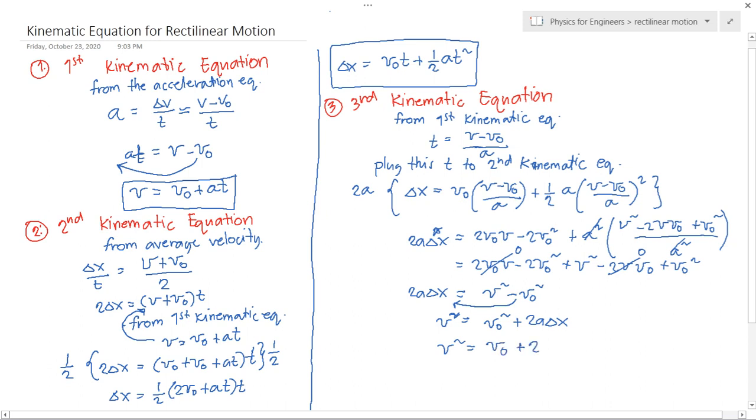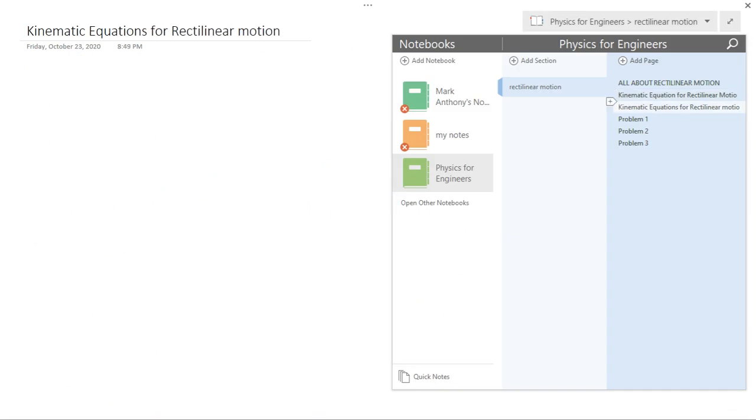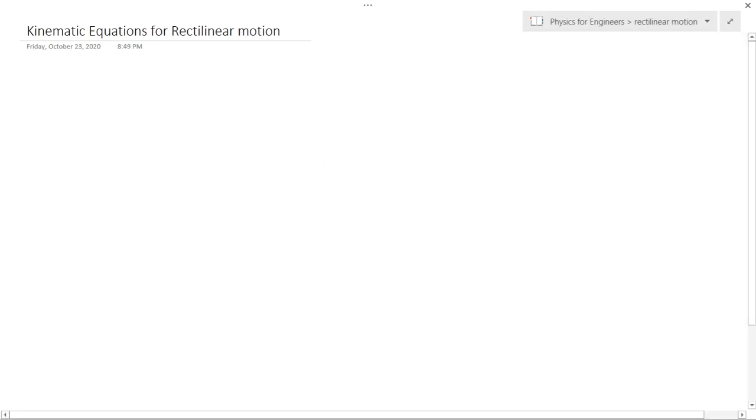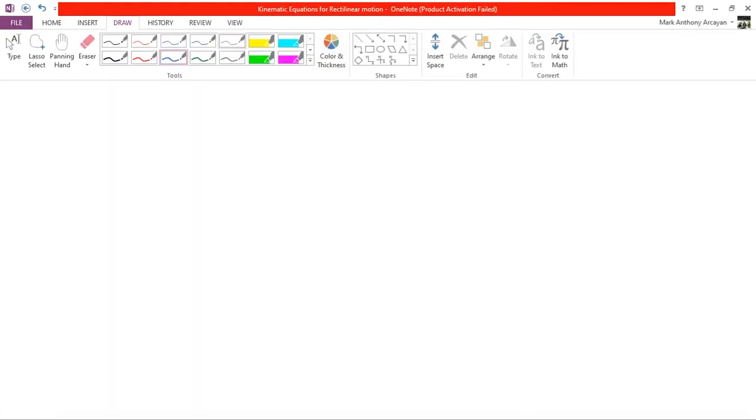v naught squared plus 2a delta x. So ito lang talaga yung third kinematic equation mo. Then how about for the fourth kinematic equation? Because there are some books that have the fourth kinematic equation, but actually yung fourth kinematic equation lang natin, it's just,